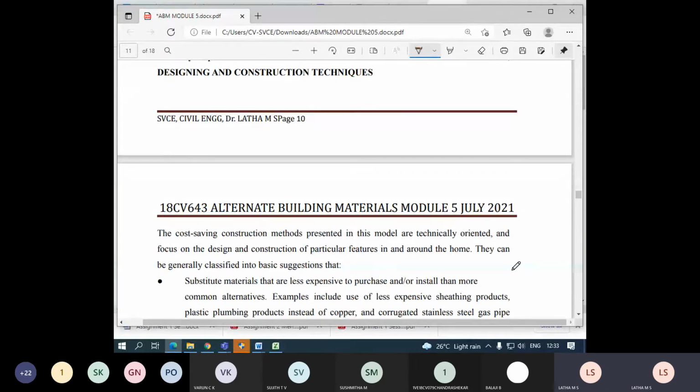Still, many have not looked into the assignment, but I asked an assignment at knowledge level 6. Create. Isn't it? Have you looked into the question? Only one question I have given. Yes, ma'am. Did you look in? It is told that using alternate materials, you have to go for product development, isn't it? So you have to think of a cement, concrete, or any other brick.